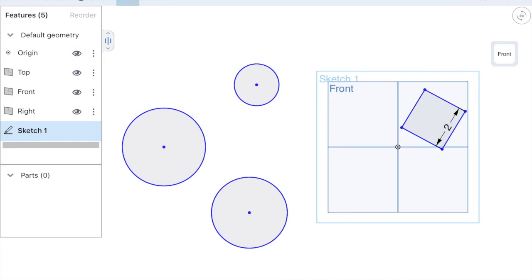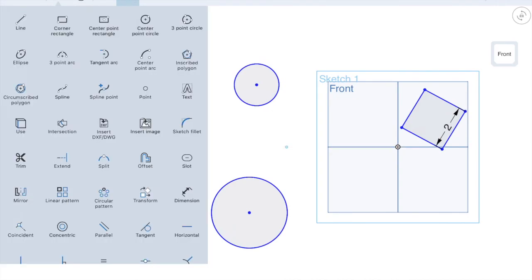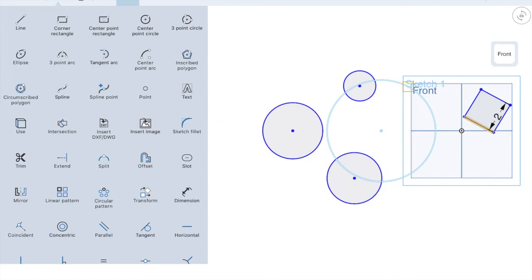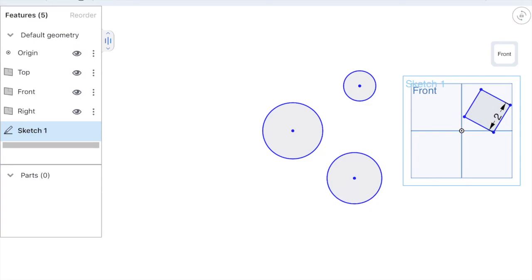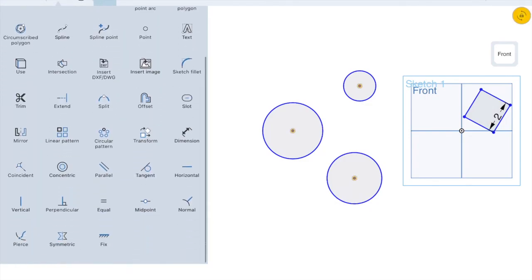Okay, I can go up here. Whoops. I can click the centers of all these circles and then click the horizontal constraint. And look, it pops them all on the same horizontal line. Now if I undo that and do the same thing, of course it'll work for vertical as well. Click the vertical constraint